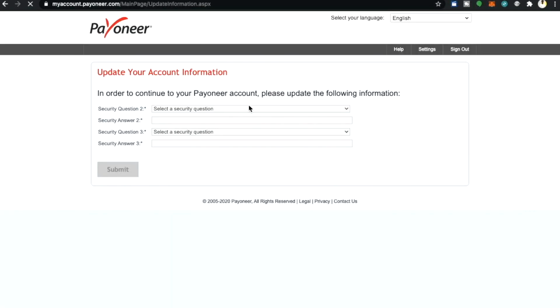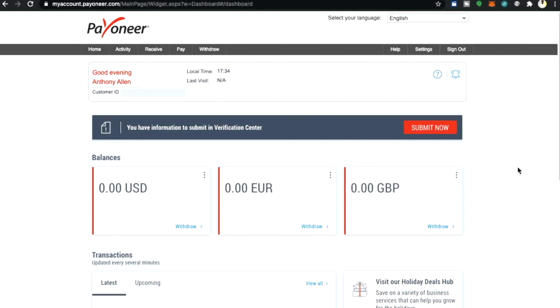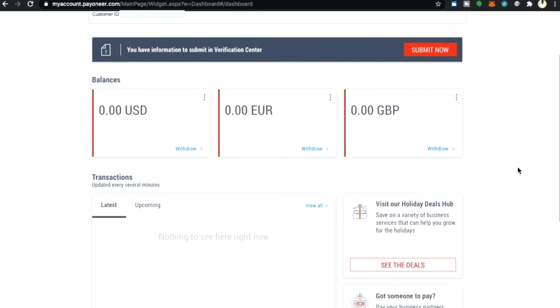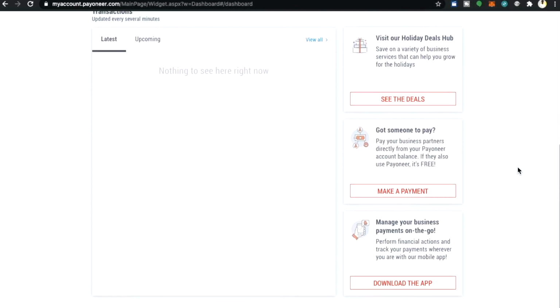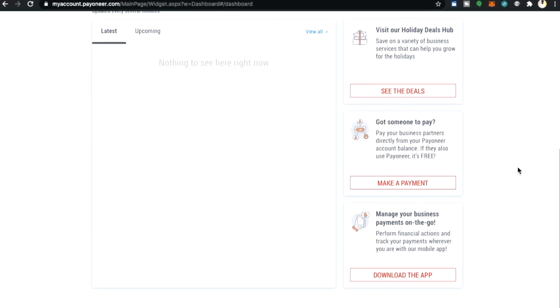You will then be given a chance to update the security questions in your account information. This will be security questions that you select and you give the answers to for security purposes. You are then given access to your Payoneer account, and you can see here that I am logged into my Payoneer account. You can see what latest transactions have been made, and of course there are no transactions as this is a brand new account,